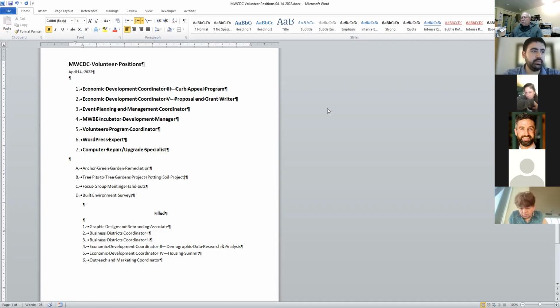We are going to be holding focus group meetings for residents of our 3 community development block grant eligible census tracts. So if you're in one of those census tracts, you will eventually get a flyer or a handout at your front door telling you that you are eligible to participate if you want to. We need people to hand out those flyers. So anybody who wants to just walk around and put flyers in front doors to help on this project, you are encouraged and we would welcome your participation.